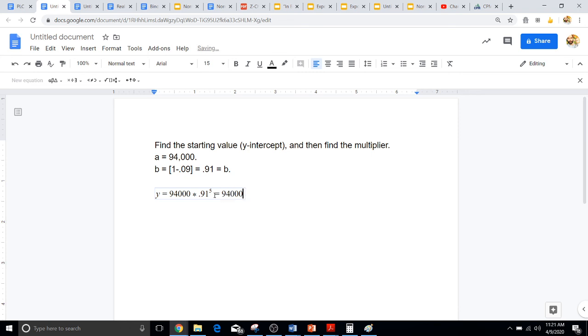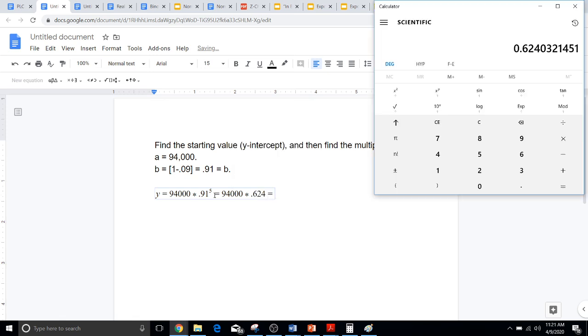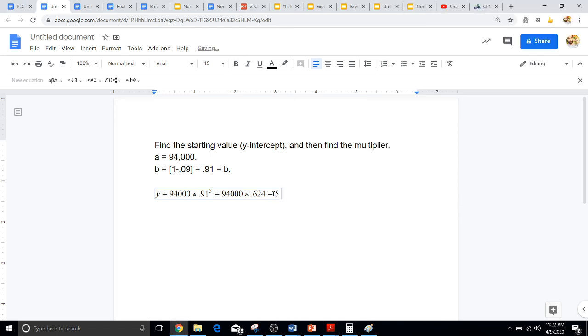I try not to use commas. 94,000 times 0.624 equals. So now let's take this 0.624 and multiply it by the 94,000, which gives us $58,659.02. So let's write that out as well. 58659.02. This tells us that the value of the vehicle is